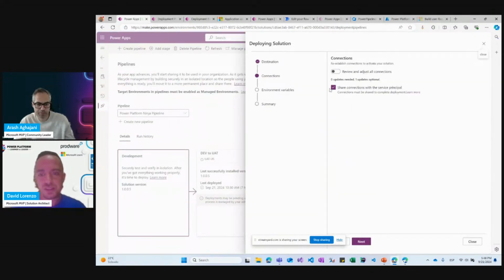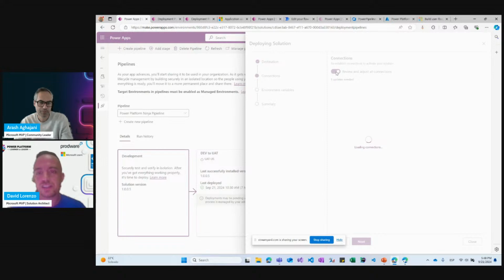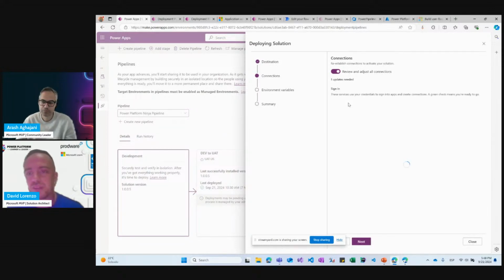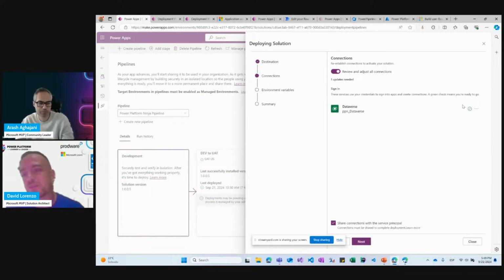So let's go to deploy. You can see the validation has been done, and we can also check here. We have environment variables in the solution and connection references. We can check this box, and then we can adjust or reconnect or change the variable values before we deploy to the target environment.